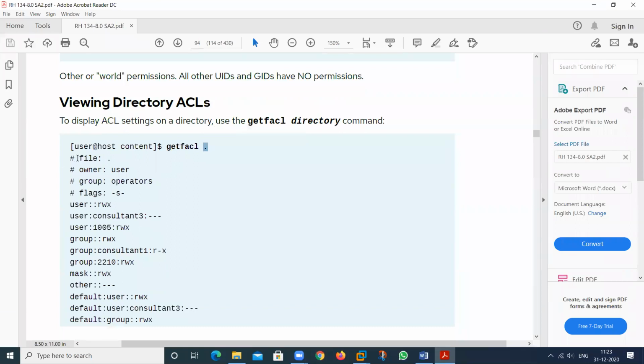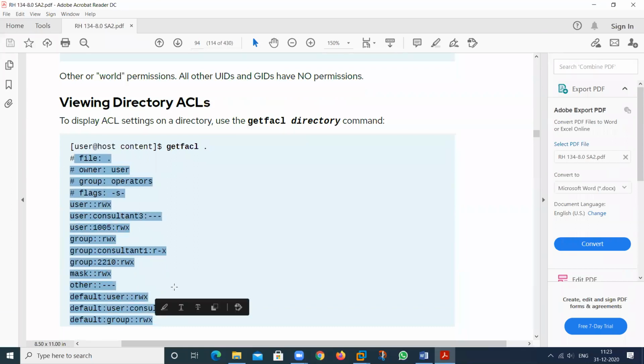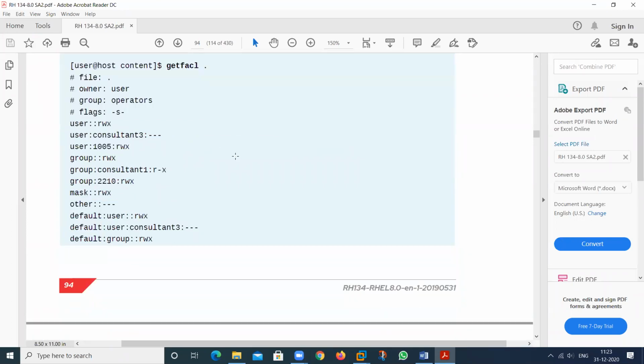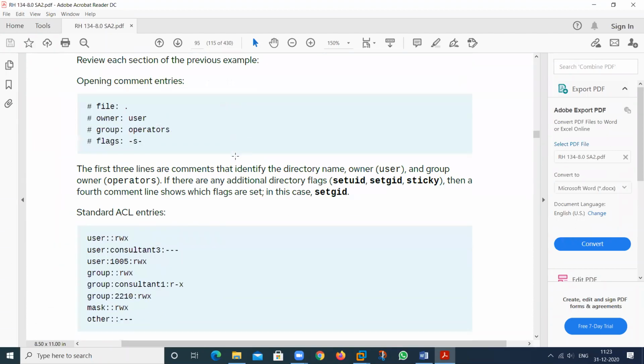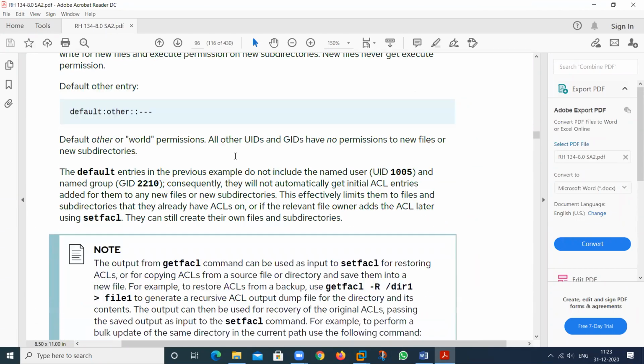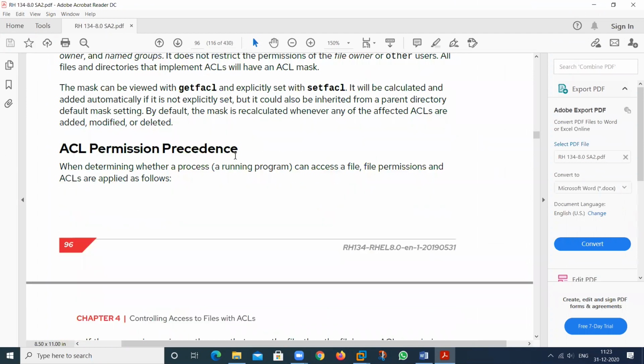So by using getfacl, then type the name of the directory or the name of the file, then the permissions will appear on your terminal. Then you can check. So these are used to check the permission.